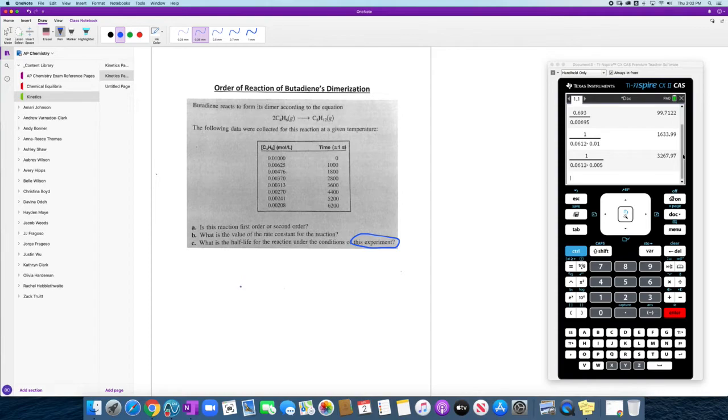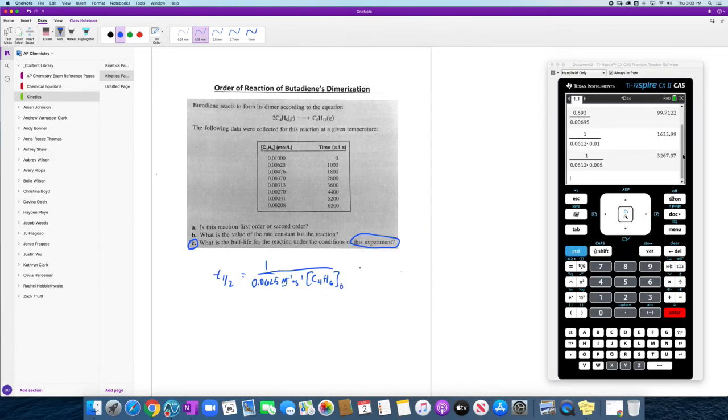And frankly, the best that you could say for C would be, since it's a second order reaction, that it's 1 over the rate constant value times that initial concentration of A. And really I should say, it's not A in this case, it's C4H6. Right, so that would be the half-life